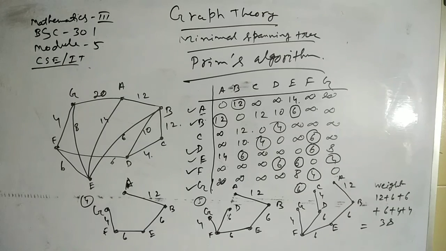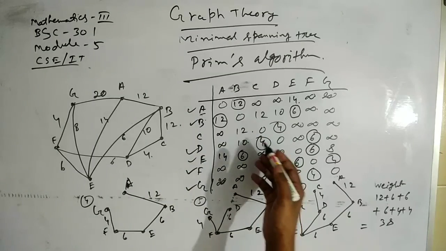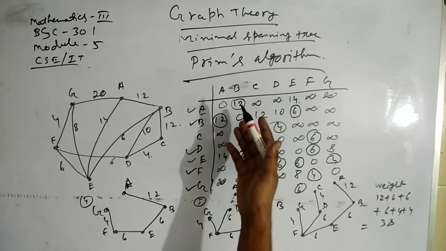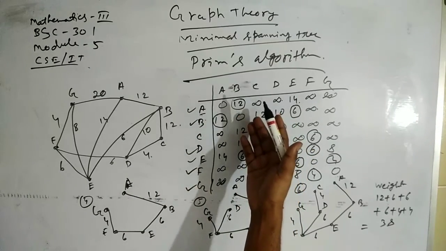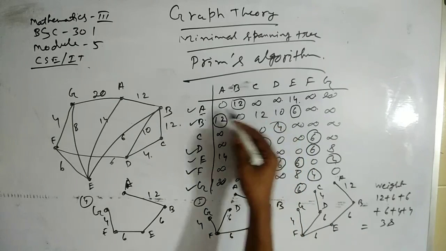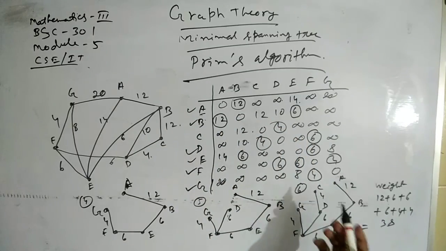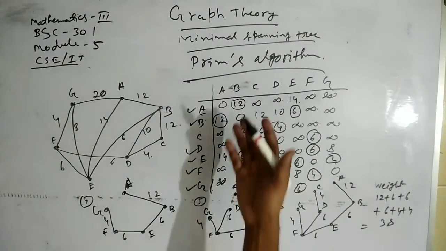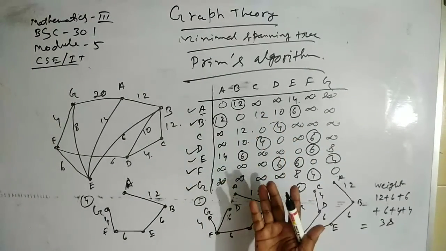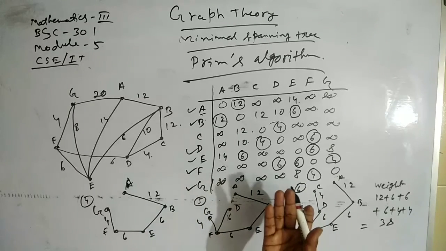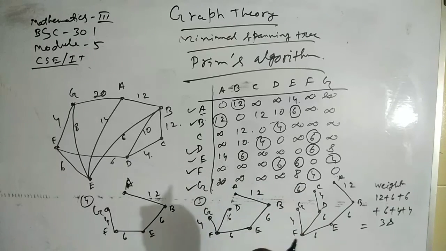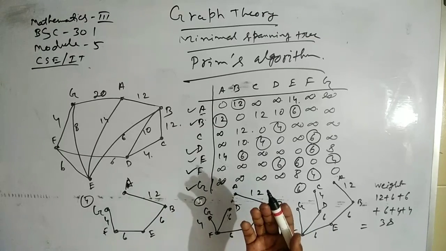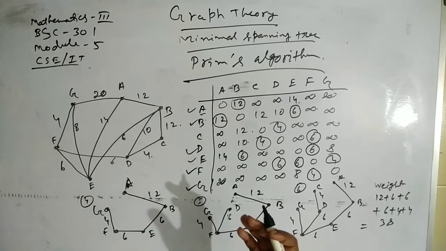So in Prim's algorithm, I am repeating briefly. You have to form this table. You have to put the elements. If there is an edge, you have to put the weight of that edge. If there is no edge, put infinity, and 0 in the diagonal elements. Next, you choose the first vertex, first row. Choose the minimum weight, draw that edge. You will get a new vertex. Next, choose the minimum weight in those two rows with the previous row, and you get the new row.